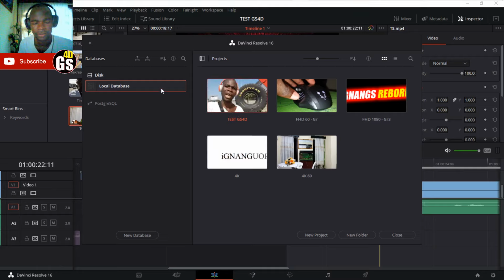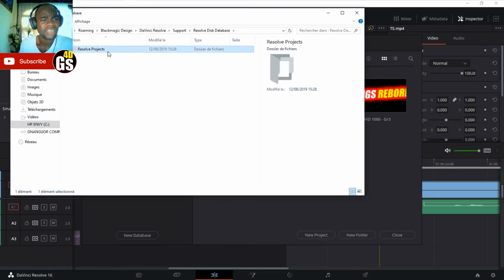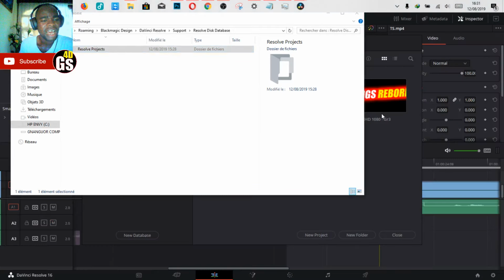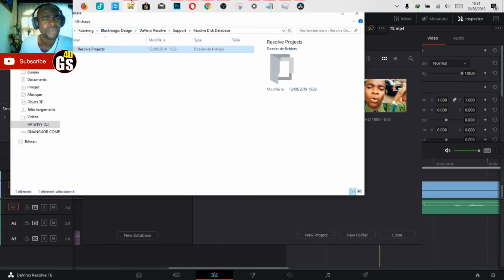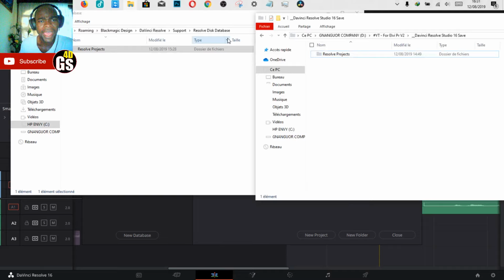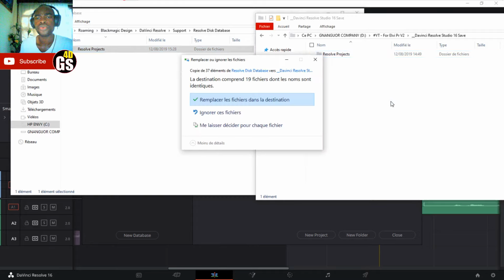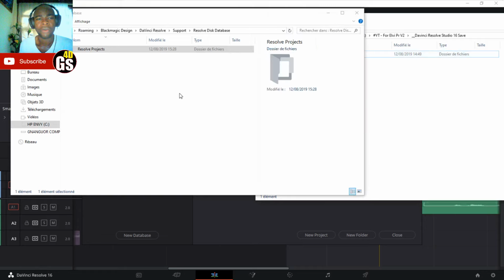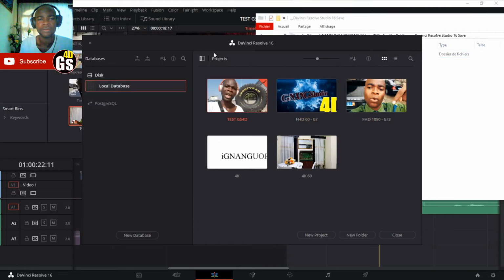Click on open file, and you can now copy this file and put it in another folder to save your data when you change your system, like if you're on Windows 10 and you change your system.